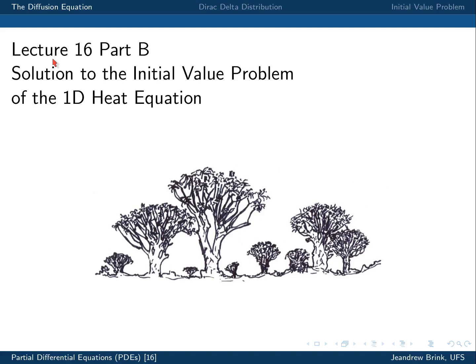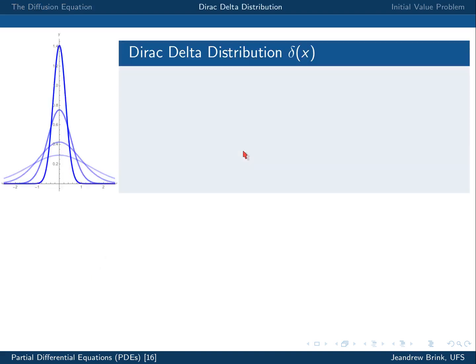Lecture 16, Part B. During this part of the lecture, I'll be looking at solutions to the initial value problem of the 1D heat equation. However, before I do that, I'm going to introduce a few preliminaries or ideas with respect to the Dirac Delta distribution. So before we start, remember in Part A of Lecture 16, we found the solution to